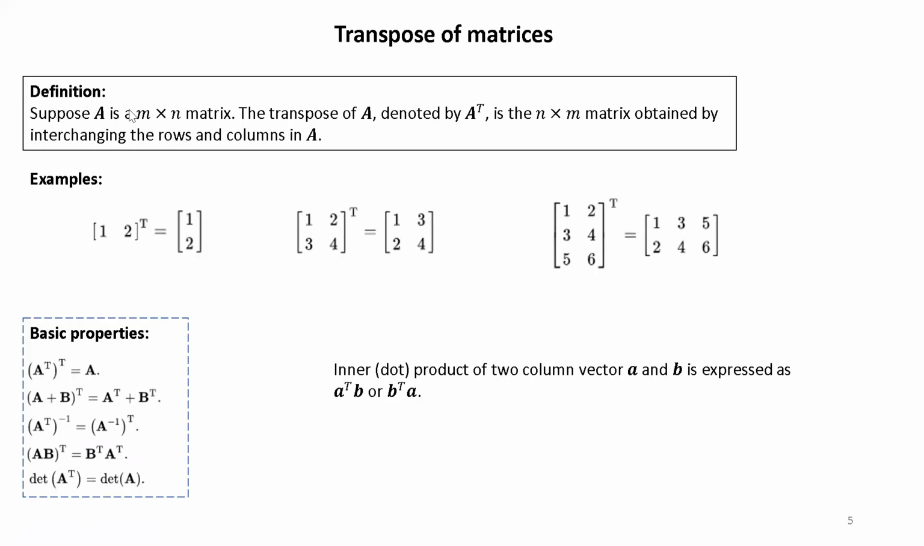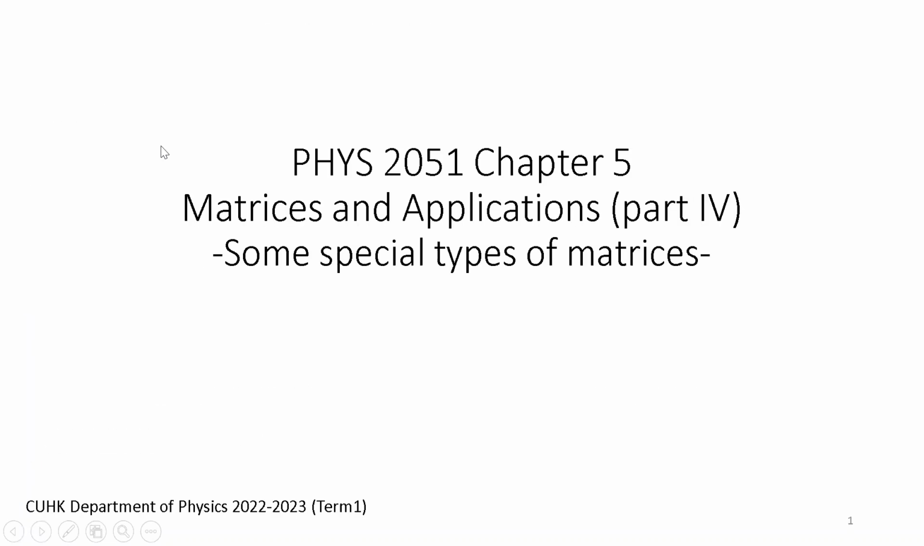Okay, so today we come to part 4 of chapter 5, where we will talk about some special types of matrices that have very nice properties in their eigenvalues and eigenvectors. Okay, so first of all, I want to give you a quick